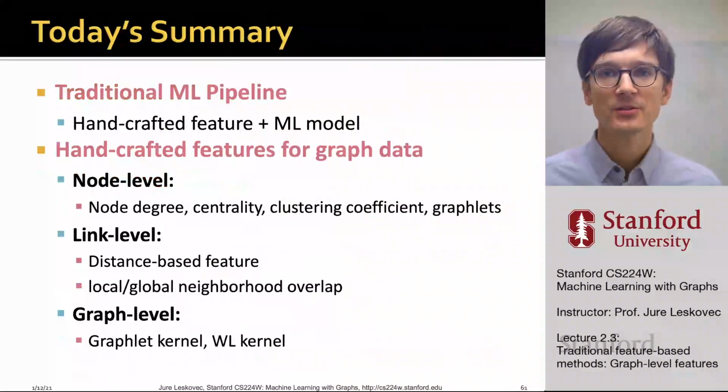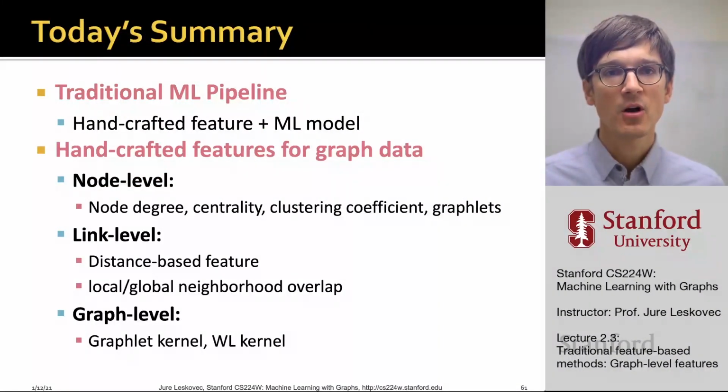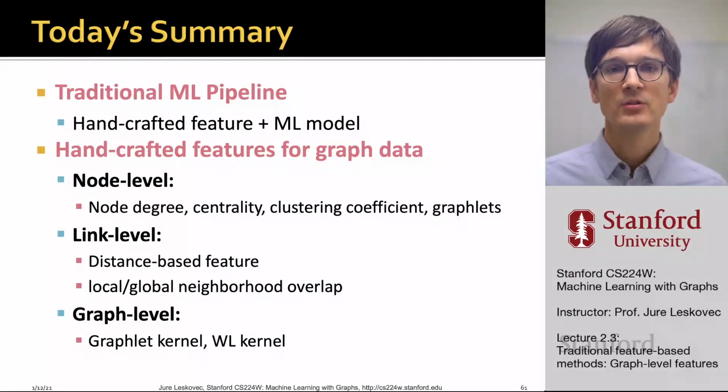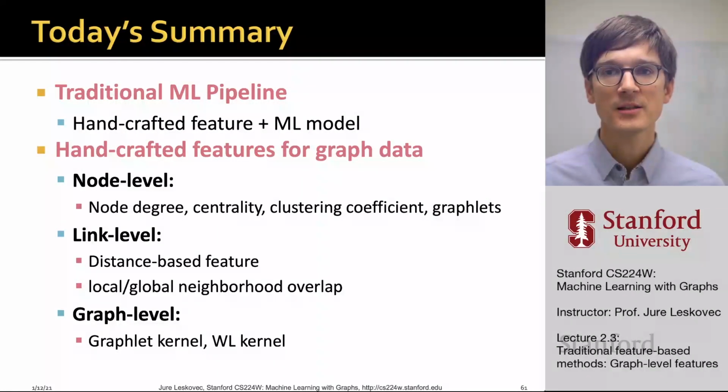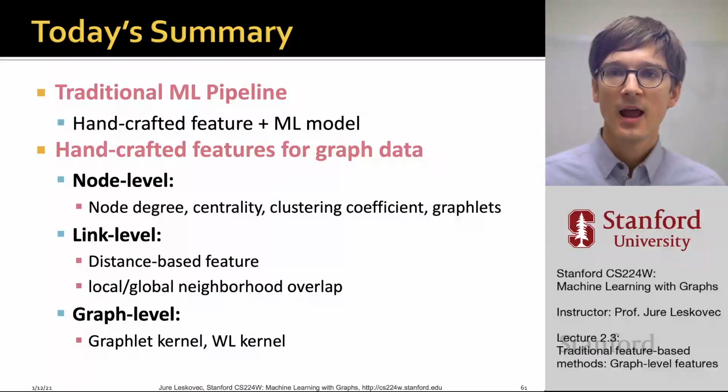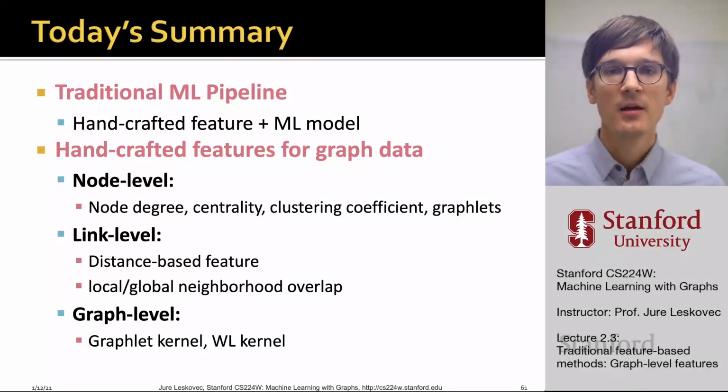So this concludes today's lecture, where we talked about 3 different approaches to traditional graph level machine learning. We talked about handcrafted features for node level prediction in terms of node degree, centrality, clustering coefficient, and graphlets. We talked about link level or edge level features, distance based as well as local and global neighborhood overlap. And then last, we talked about how we characterize the structure of the entire graph. We talked about graph kernels, and in particular about the graphlet kernel and the WL, meaning Weisfeiler-Lehman graph